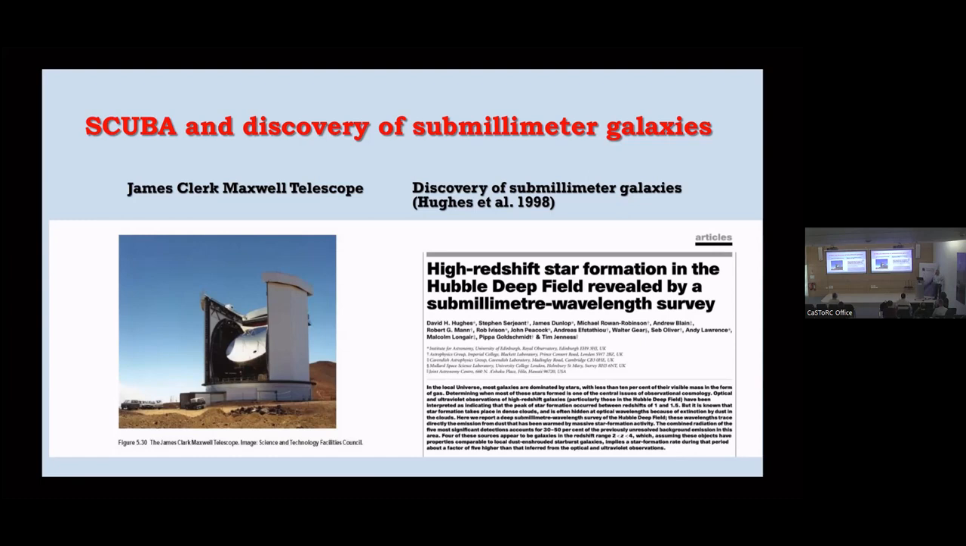It was a pioneering instrument mounted on this telescope in Hawaii called the James Clerk Maxwell Telescope, JCMT. This telescope made the first maps of the sky at sub-millimetre wavelength, 850 micrometers. It was designed to detect high redshift versions of the local ULIRGs. And in a paper in Nature in 98, we detected the first objects,